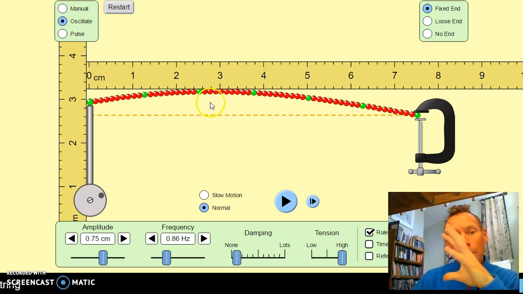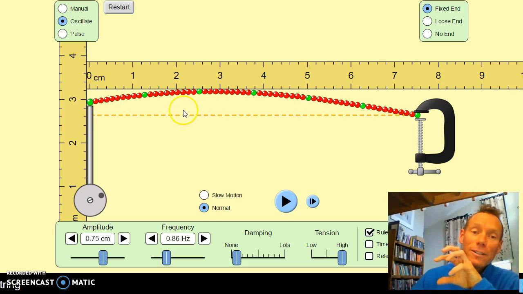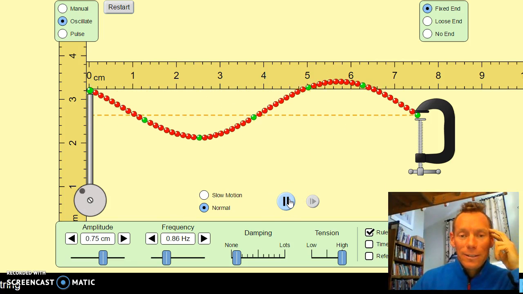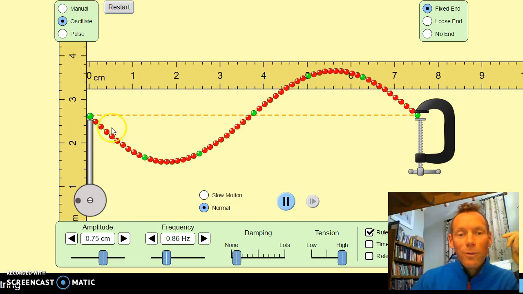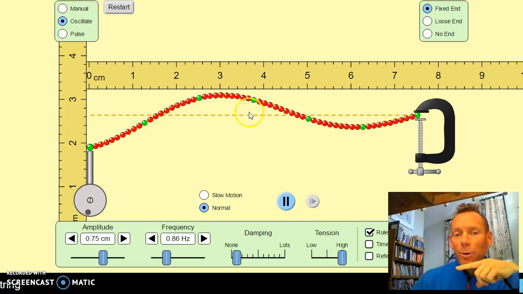it sends a wave down the string, and when the wave gets to the end of the string, it bounces back. And what happens is we can set up a pattern. So this is a standing wave pattern. Well, let's just watch what happens. Okay, so we have waves moving down the string and bouncing back, and you see this kind of repeating pattern